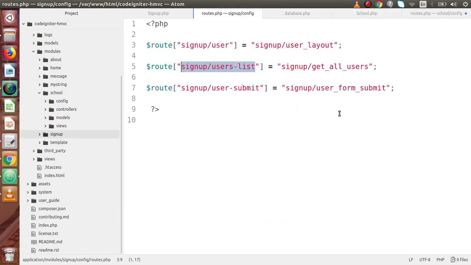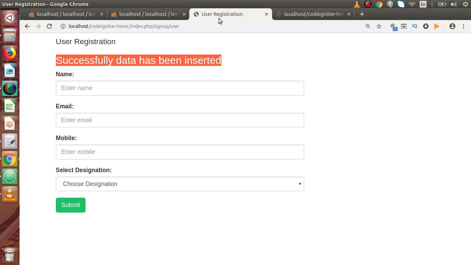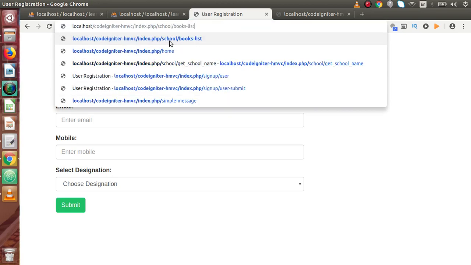So copy and pasting it here. So if I save all these changes, copy this route, back to browser, and pasting,